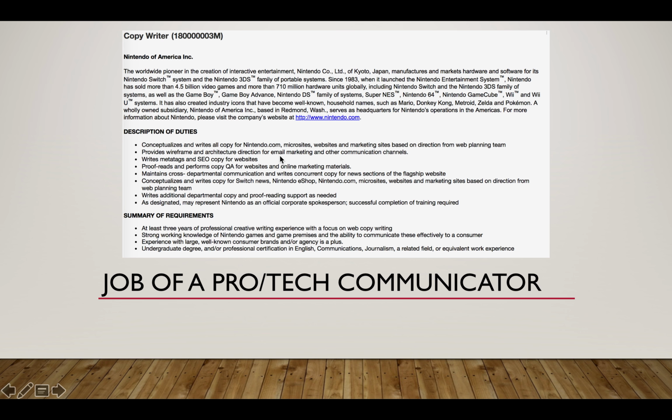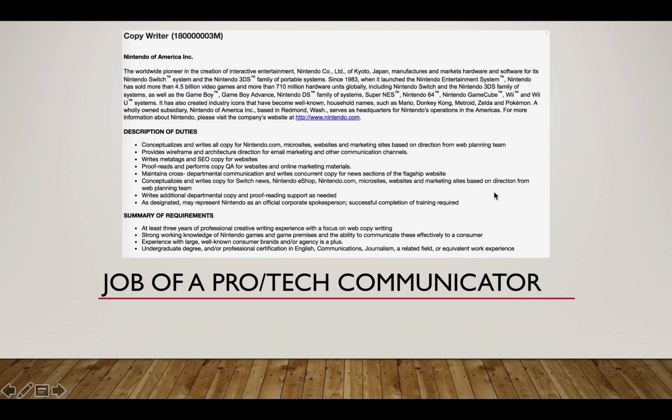So SEO is optimization, so it uses keywords to allow your website to end up in higher web searches. A lot of people are really into that right now. Proofreads stuff, maintains cross-departmental communication, and writes current copy for news sections and the flagship website.